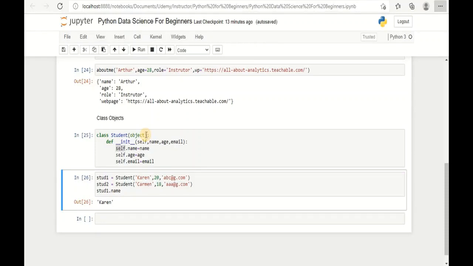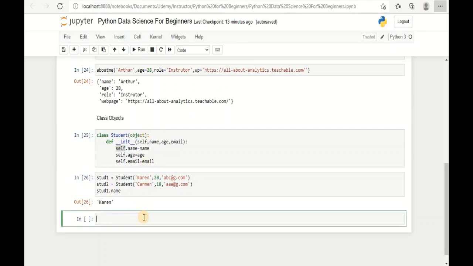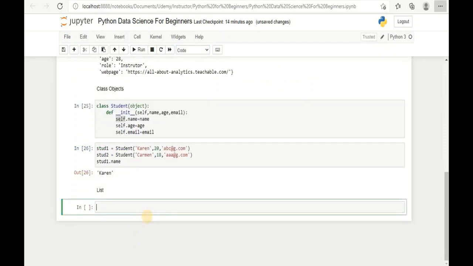Today we're gonna talk about a new data structure in Python, which is the list. Okay, let me convert this to markdown and let's enter a new line. And how do we start off to create a list? First of all, we can create a list by having an object here, and we assign an empty list just like this. Okay, so this square bracket here represents a list, and right now we're gonna add in 1, 2